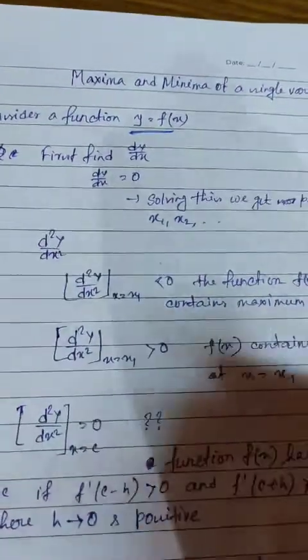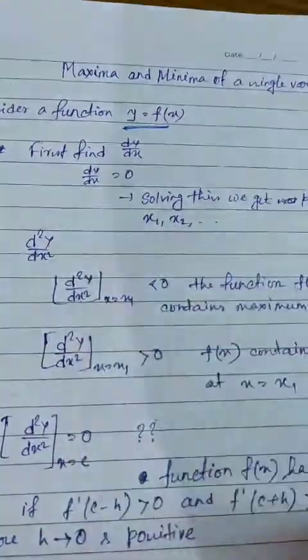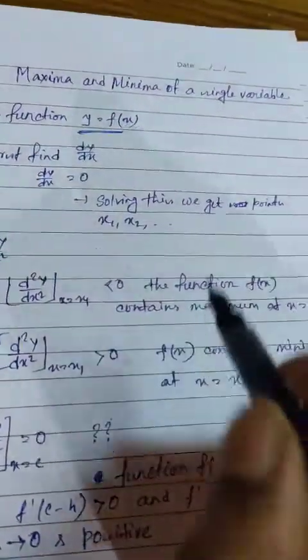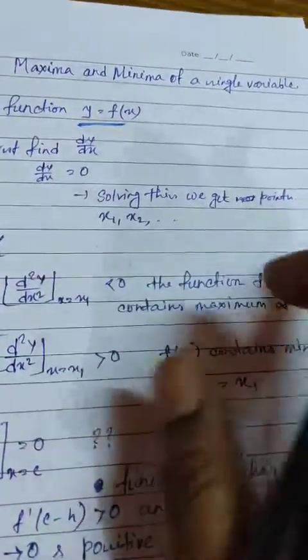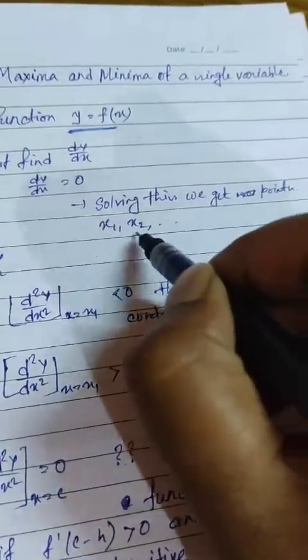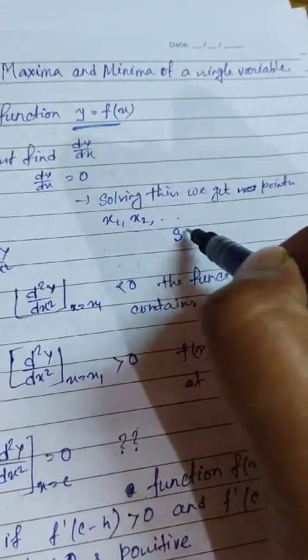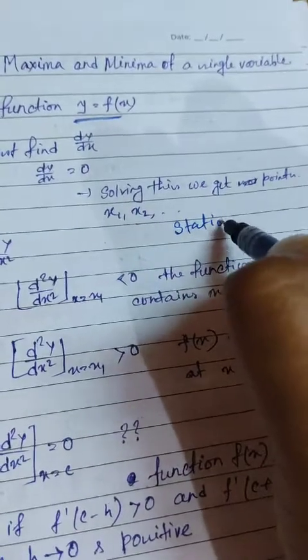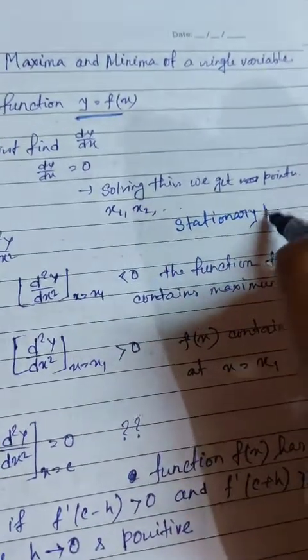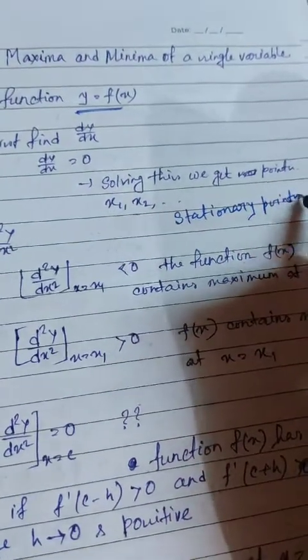equal to 0, and solving this equation dy/dx is equal to 0, we get some points, say x1, x2, and these points x1, x2 are known as stationary points. These points are known as the stationary points, and